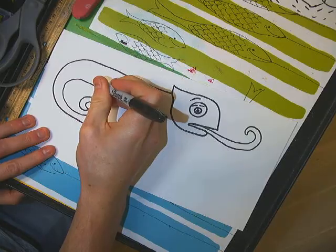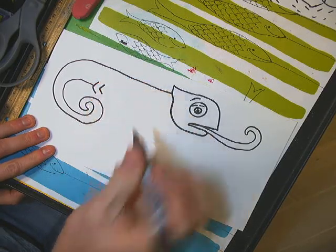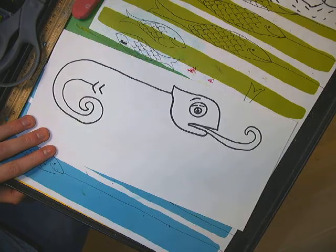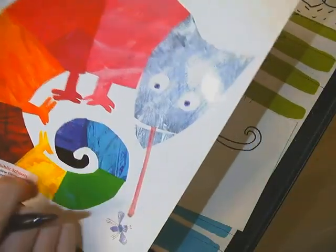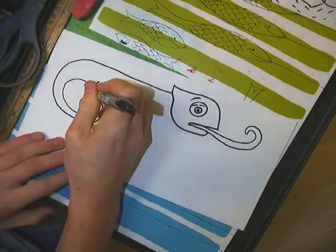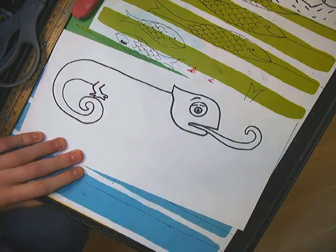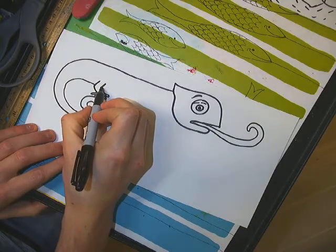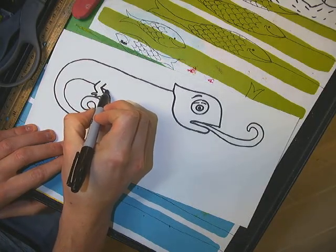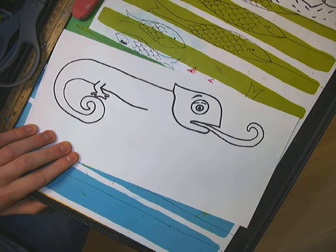So I'm going to make some L shapes like that because his legs are kind of bent, and then I'm going to make like the little Eric Carle lizard feet with 4 little toes. So I'm going to have 2 kind of going this way and 2 going forward. The little Eric Carle lizard toes or chameleon toes. And then I'm going to keep that body going back toward the head,